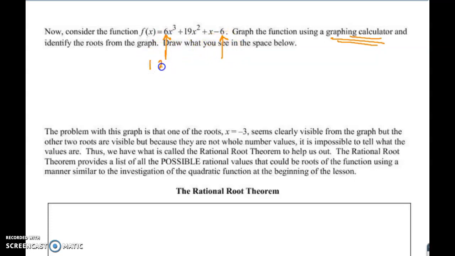Find all the factors of those. Now they happen to be the same numbers, so you'd be writing the same numbers twice. Now, it could cross the x-axis at other places with irrational numbers, but the only possible rational roots will be all the factors of the constant